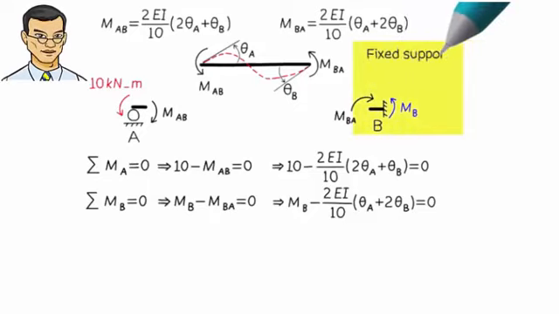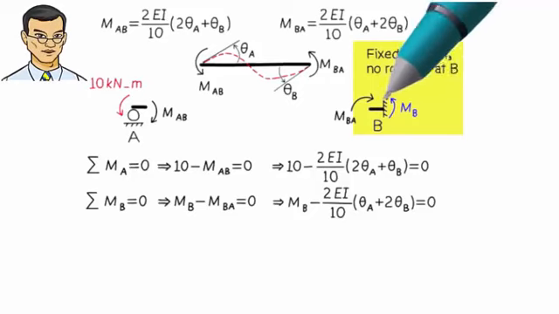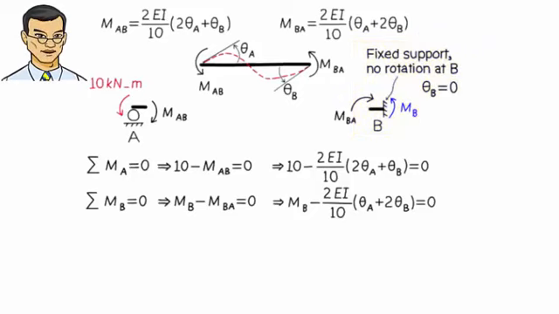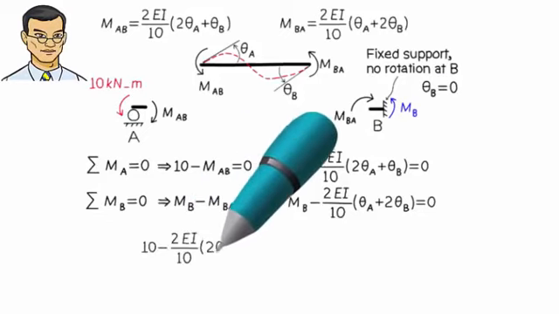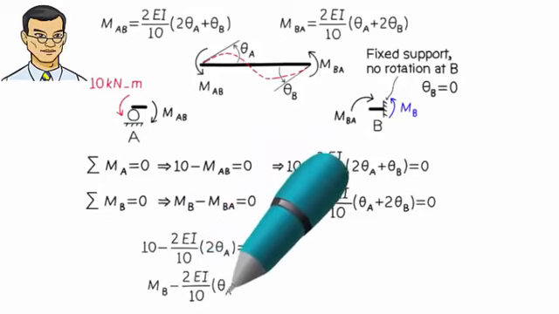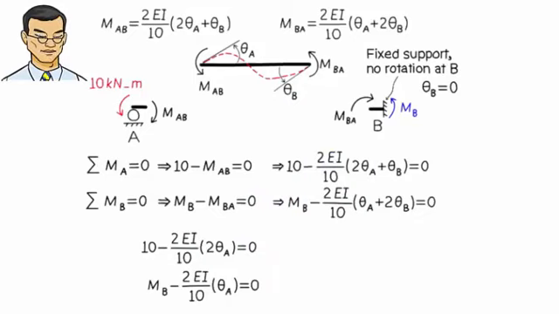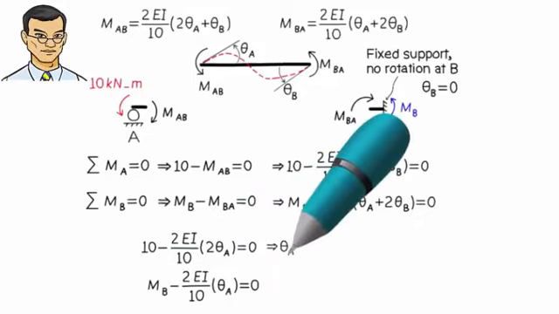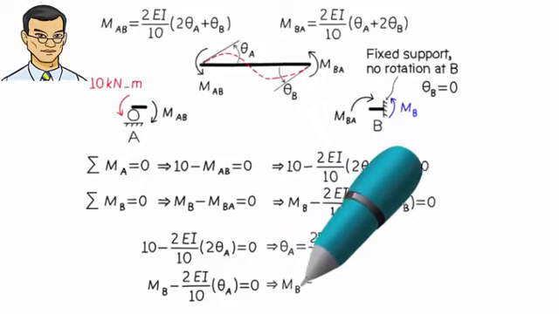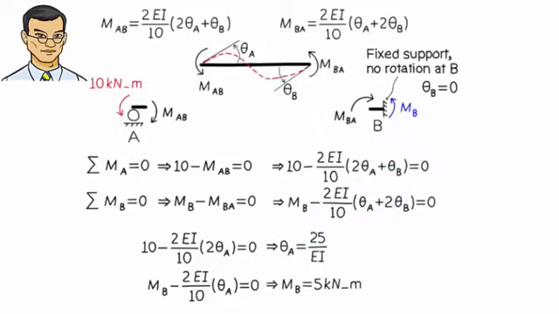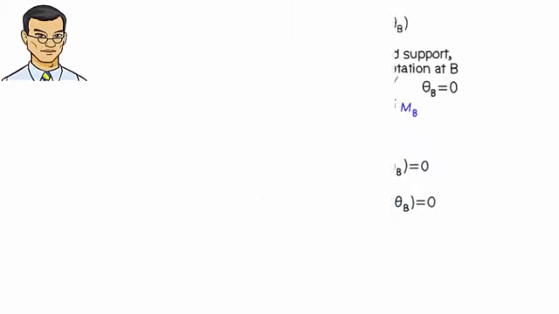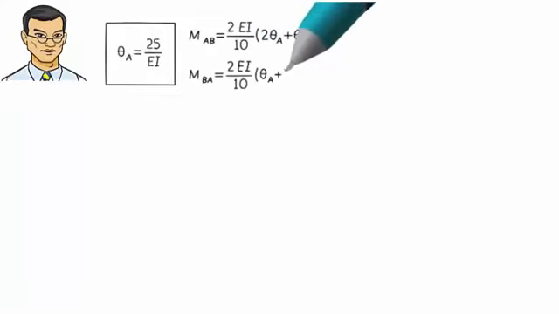Because the right end of the beam is fixed, meaning there is no rotation at joint B. This allows us to rewrite the equilibrium equations as. Solving these for the unknowns, we get. Substituting 25 over EI for theta A and 0 for theta B in the slope-deflection equations, we get